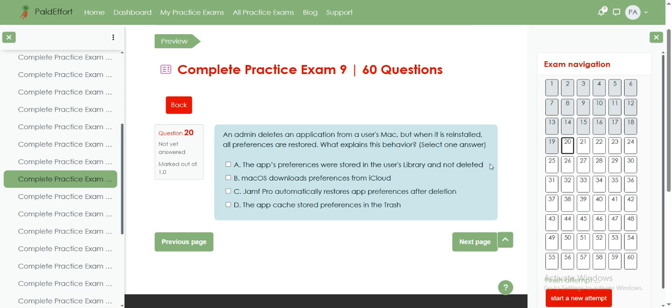Correct answer. A. The app's preferences were stored in the user's library and not deleted. Now let's explain. When an application is deleted from a Mac, its associated user preferences are often left behind in the library directory under the user's profile. These preferences are typically stored in property list files, and unless manually removed, they remain intact. As a result, reinstalling the app will automatically pick up these existing preference files, making it appear as though nothing